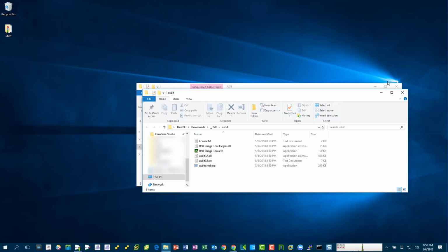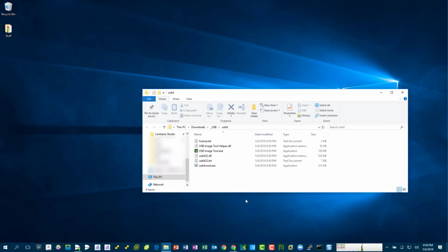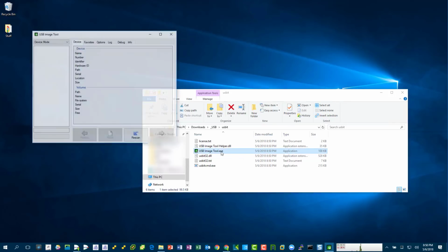And go into that folder. All right. Now, when we run it, at the moment, it's not going to find anything. I have no drives inserted. So I'll just point that out. So I'm going to close that and then